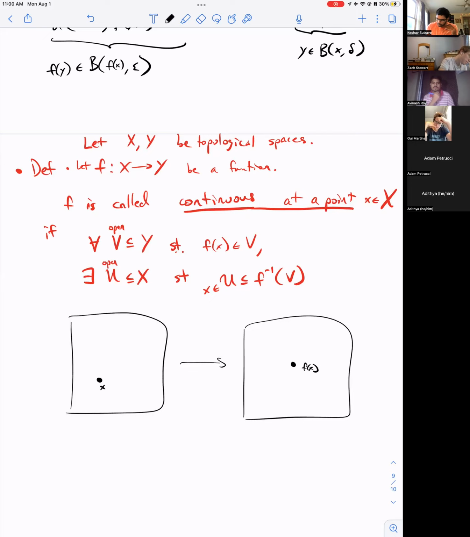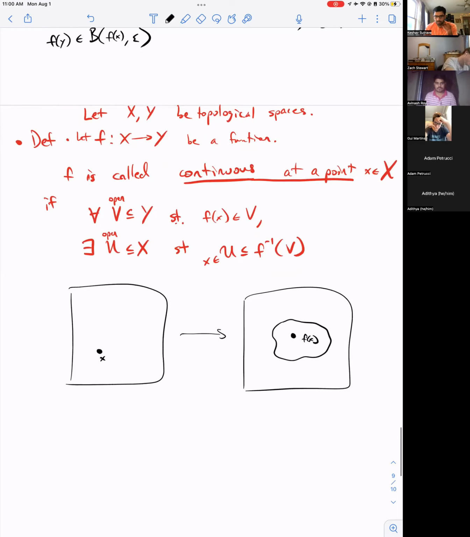And then let's say we draw some open set V, and I'm not going to bother doing boundaries because it might just get messy. So just imagine this is an open set V, right? And then if we pull this back by f inverse, the inverse map, right? f inverse maps the entire set V into some